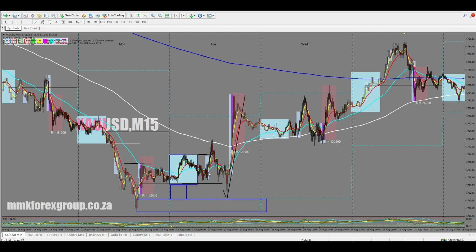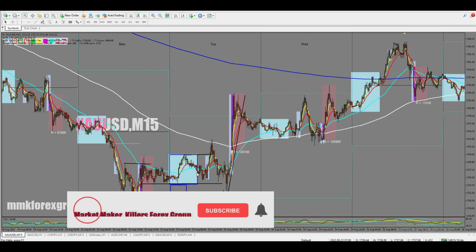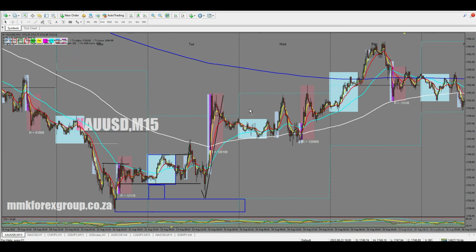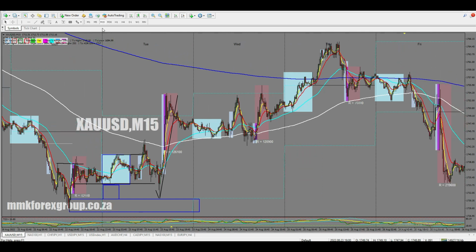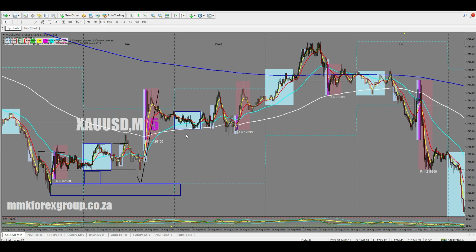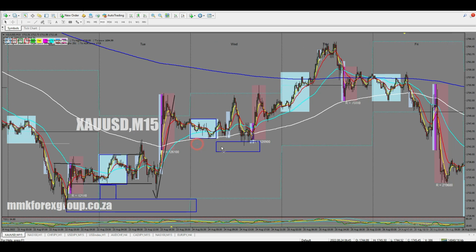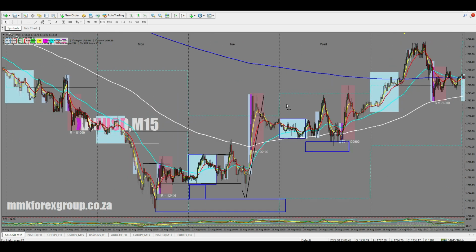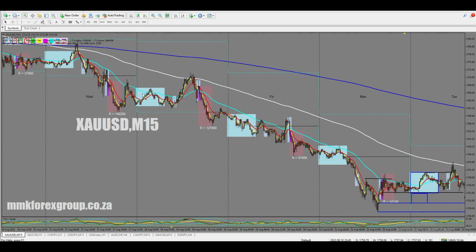Right, so if you sold somewhere there, you lost money, right? Or you're in margin trouble, you sold there, and now you're moving your stop loss, thinking it's gonna come back down, right? So the same thing happens the next day, right? You get the range, right? And then the stops below will get hit. Look at that. Stops are hit, right? Stops are hit. Right, so you just have to be selective, right, and know the right trades to take, guys,